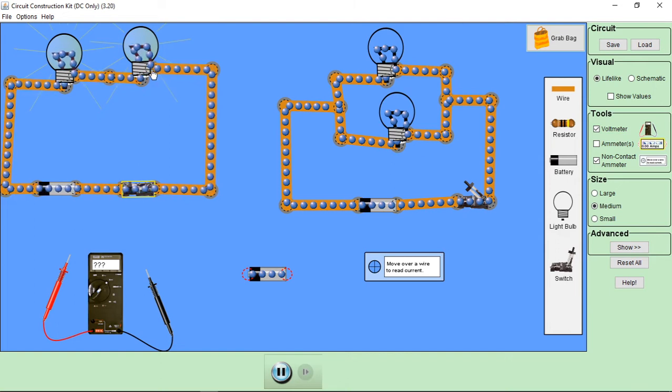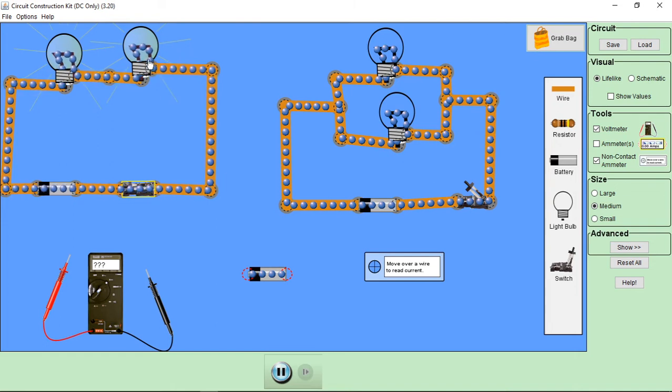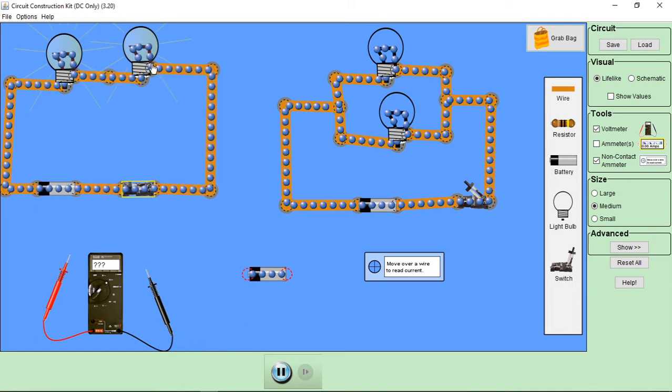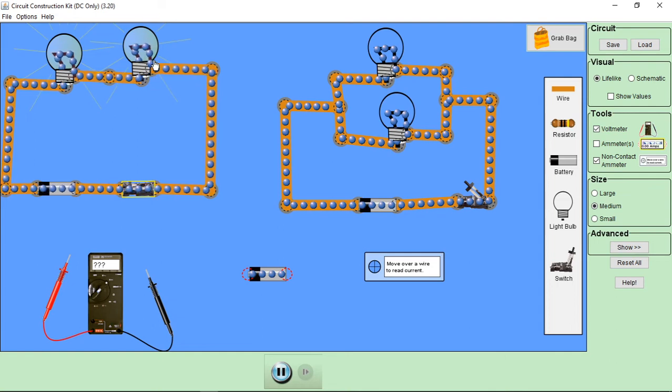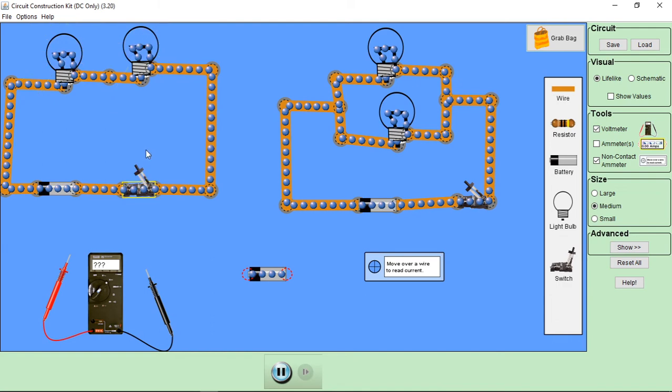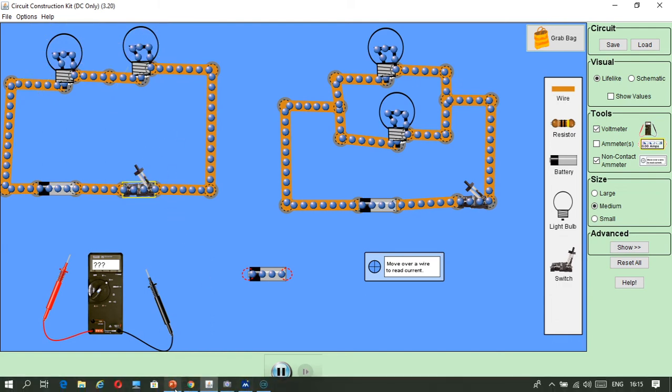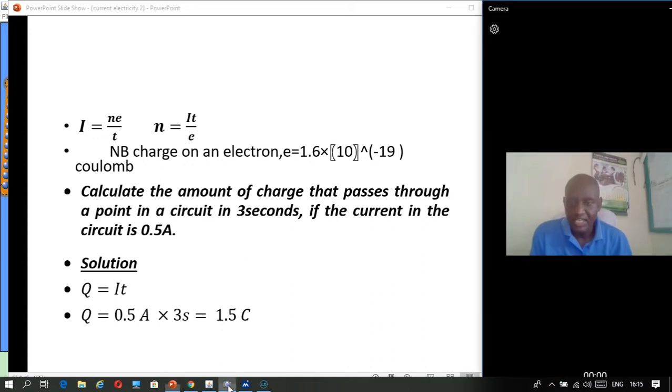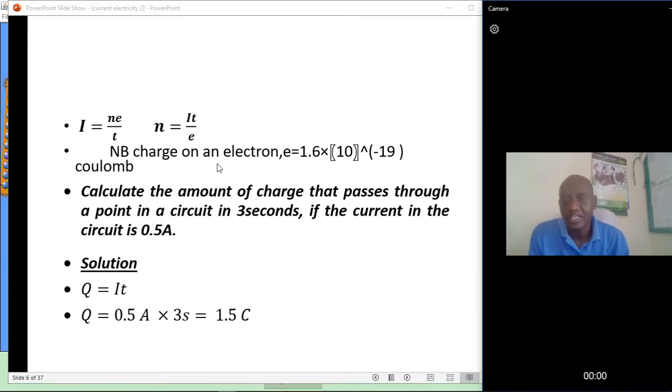That's how you count. You count until a minute. Then from there, those are the number of electrons, multiplied by a single charge, then divided by the time, we will get the current that flows there. Open the switch for that. So that is how we are able to measure, or you can calculate by saying current times